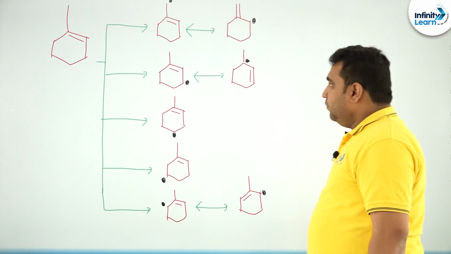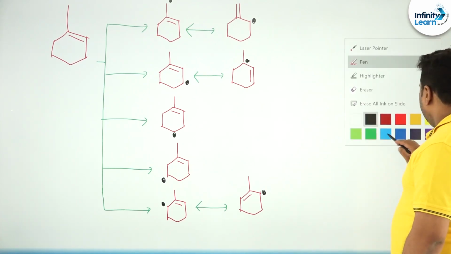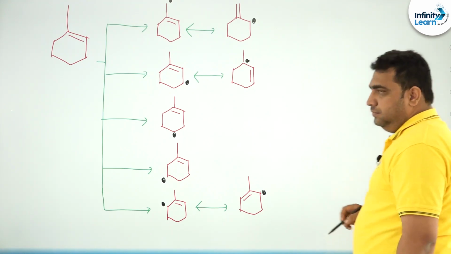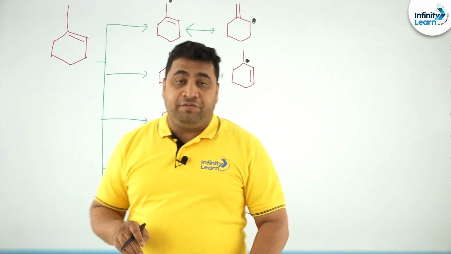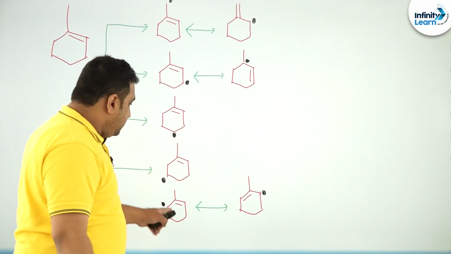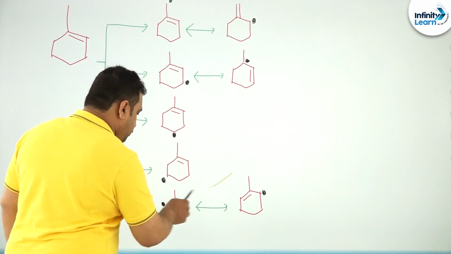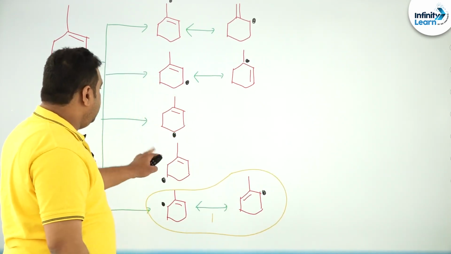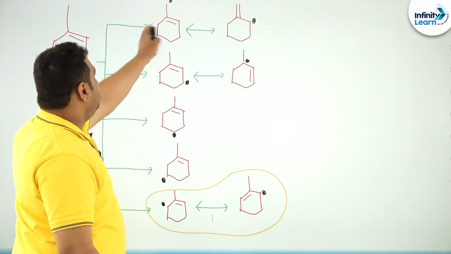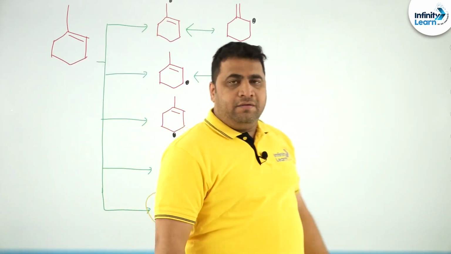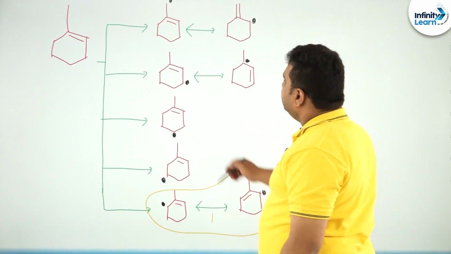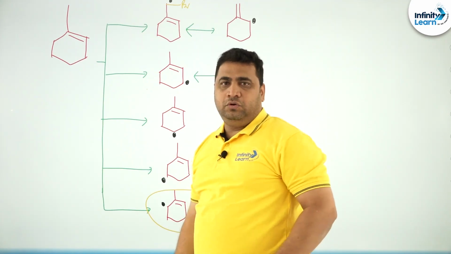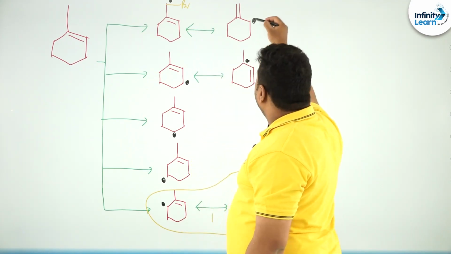Then, dear students, I am trying to use a very light color. Now you have to find which are identical. You can see these 2 are the same, so these 2 you should first of all count as 1. This is different, this is different, these 2 are different, these 2 are different. Now we will go for the attacks. Imagine hypothetically if bromine attacks here, is there any chiral carbon? No.